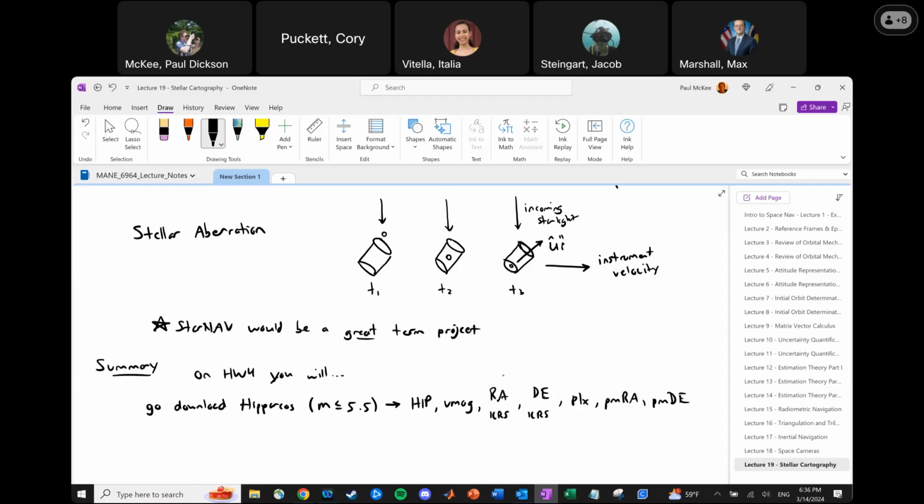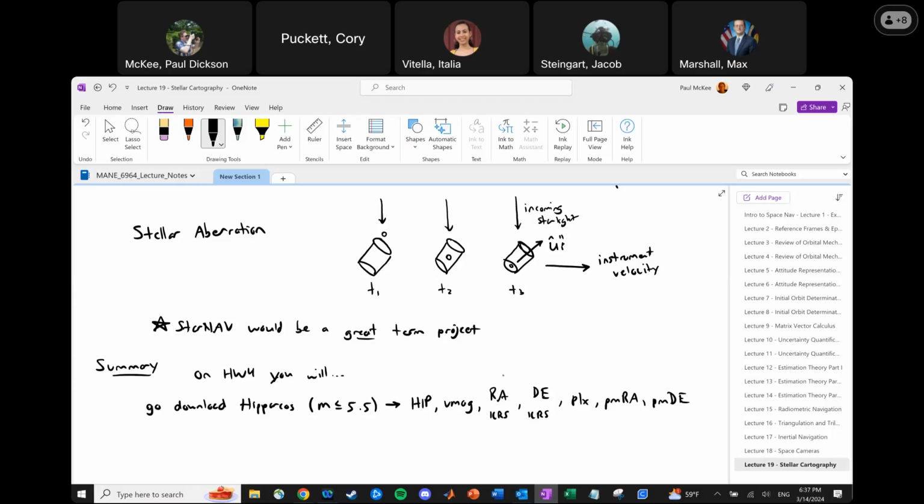So you're going to get a big old table with 1, 2, 3, 4, 5, 6, 7 things in each row, and there's going to be as many rows as there are stars in the catalog brighter than 5.5, which I think is between 4 and 5,000, but I can't remember the exact number. I have a CSV table, so part of the homework assignment is to go to the website and actually download this and learn how to deal with finicky astronomy websites. If you get absolutely stuck, like beyond all recognition, you're completely stumped, I do just have this data table as a CSV file that I could post online, but I thought it'd be more interesting to just go do this for yourself. If you're hopelessly stuck, I could be convinced to post that,